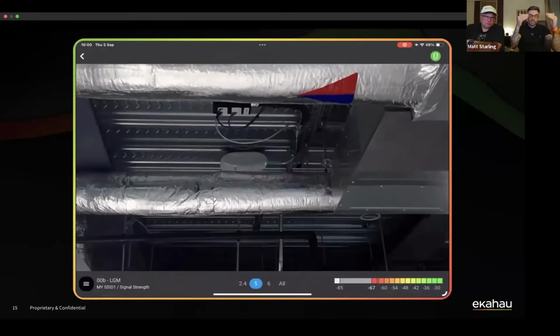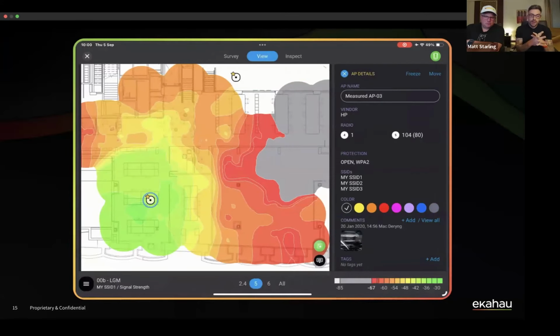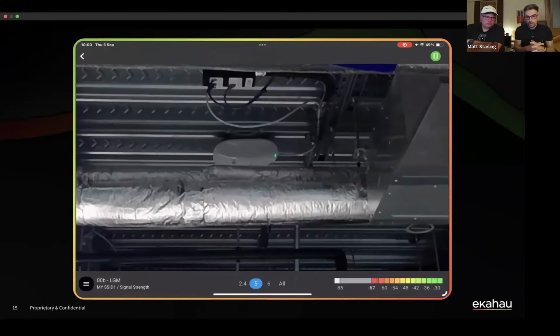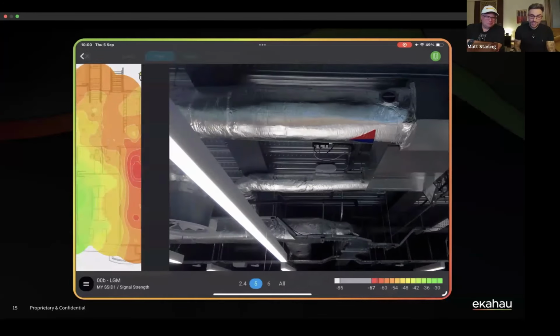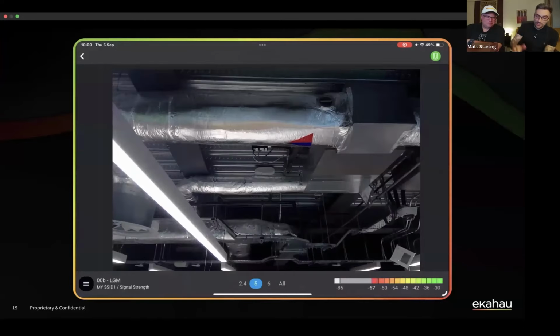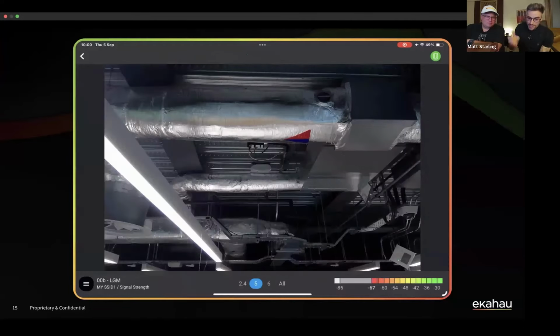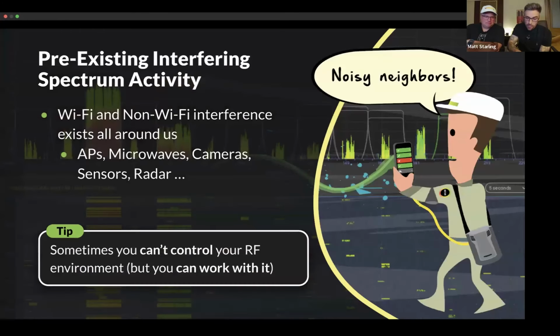So we would much rather suspend it down, away from any of those materials or obstacles, to bring it clear line of sight to our client devices. So please make sure that you don't install your access points like this in your spaces, and try and avoid this kind of environment. Just a simple drop pole, get it away from that. It makes it so much better.